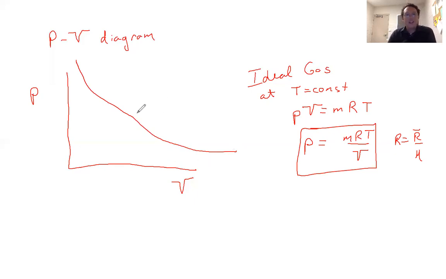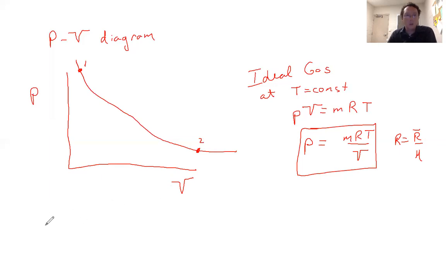All right, so what you find is that this curve describes situations of constant temperature. So if we had a process which took us from one state to another state, from small volume, high pressure, to large volume, low pressure,